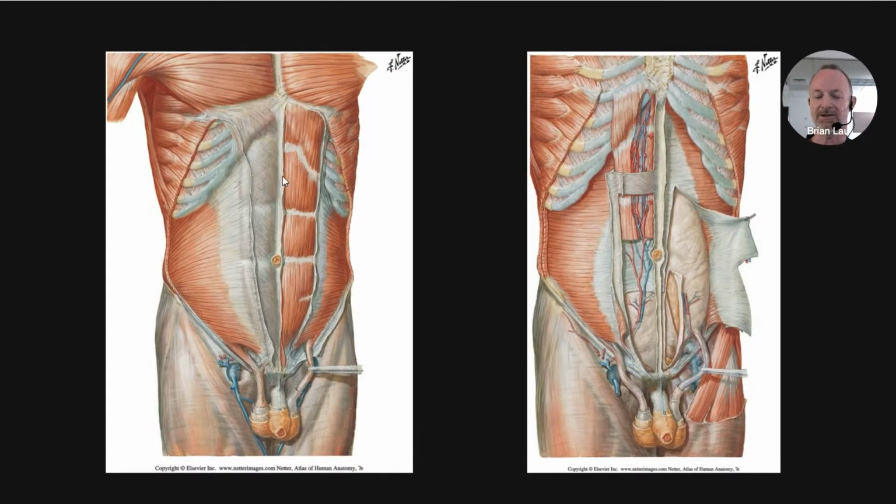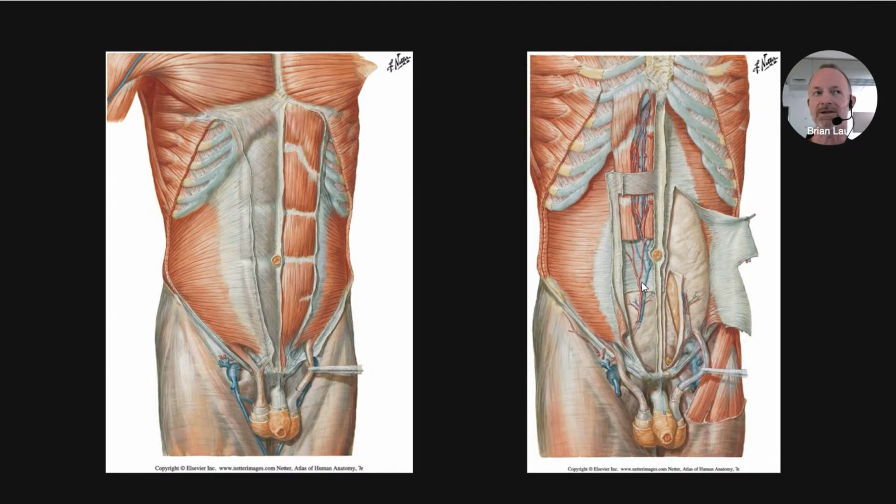And here in this image, we have the rectus sheath removed from the rectus abdominis. This is what we would do in dissection: we would start to come underneath this rectus abdominis, creating a little separation between the rectus abdominis and the tissue underneath, and we would start lifting it up. And that's what we have in this side right here. We have the rectus abdominis starting to be removed, and you can already get an imprint. You can see the peritoneal membrane, the serous membrane, and you can see some of the fascia under the rectus abdominis.